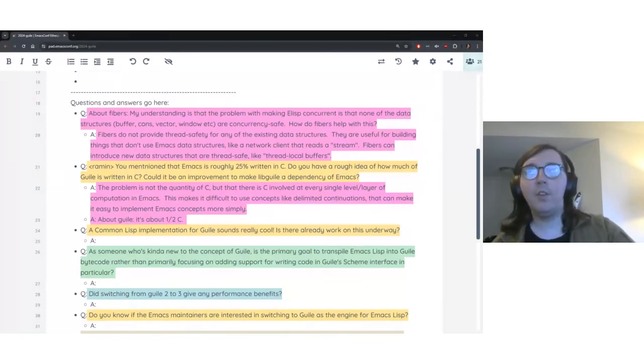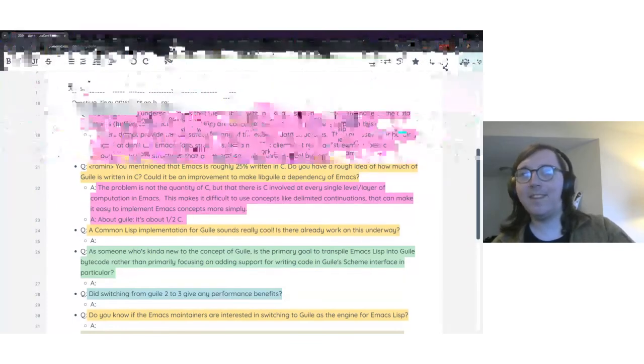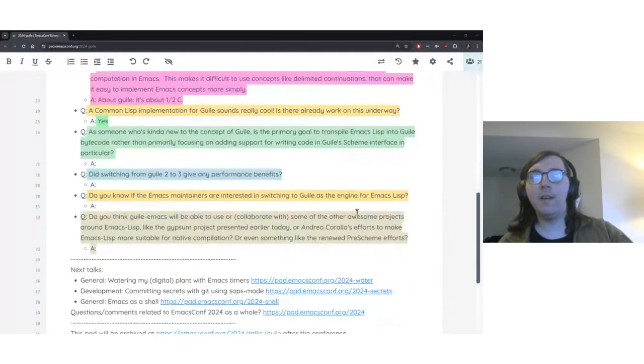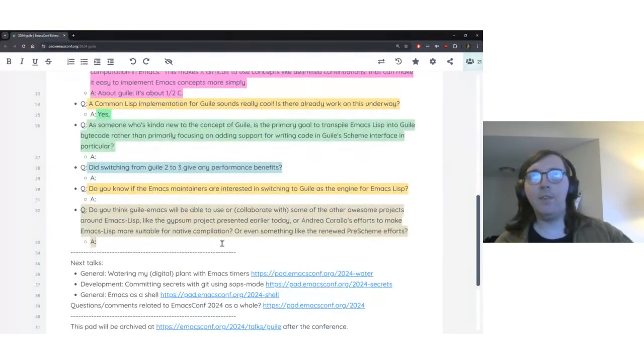The next question is on a Common Lisp implementation for Guile and whether work on it is underway. In fact, work on it is already underway. I've been working on it on and off in my spare time for a couple of years now. I've gotten, I think, a couple of chapters of the hyperspec done, if you want to measure it that way. But I've been focusing my work more on research and on what we need to do to have a Lisp